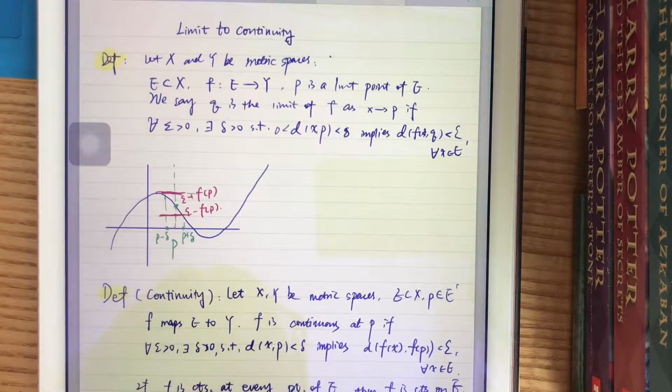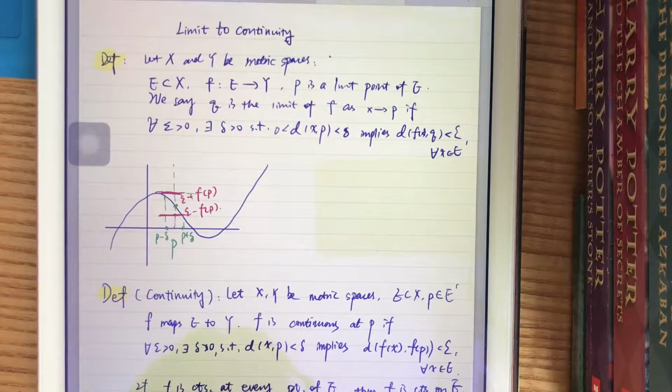Okay, and now E contained in X is the domain of the function. So F maps E into Y, and we are going to look for the limit of the function at the point P. So now P is the limit point of E. Okay, P is the limit point of E, and we say that Q is the limit of F as X